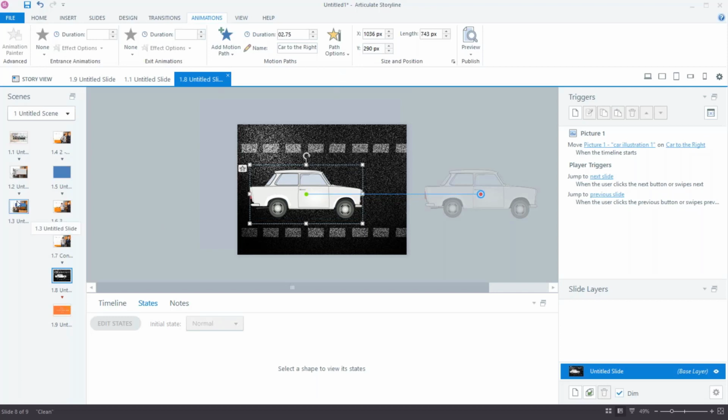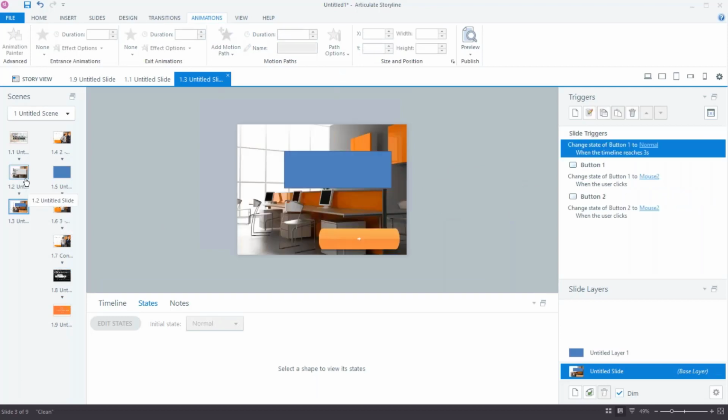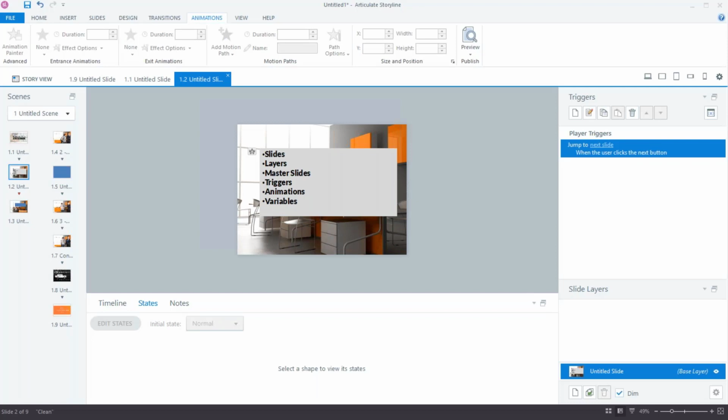So that's a quick summary of animations. Again, those are pretty simple. And then variables are a little more complicated. A variable is essentially just what it sounds like. It's a way of using that if-then statement: if something happens... There's a whole lot of information out there, and variables really should be their own webinar, and I'll probably do one down the road, a follow-up to this one on variables and some of the other things that you can do.